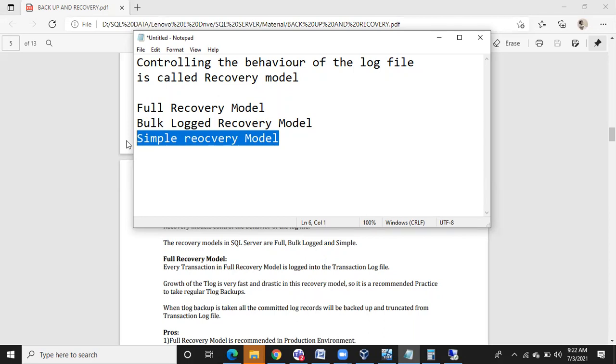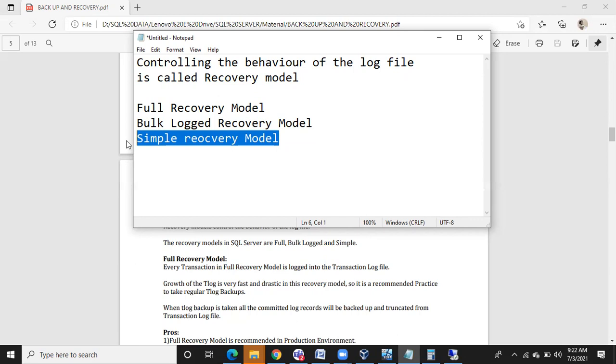Earlier we discussed the architecture of the log file. The log file will try to store each and every transaction with complete details: 108 attributes for each transaction. That's why the log file is usually huge while inserting transactions or doing any kind of work on the database. For every transaction it stores 108 attributes, like when it came, at what time, what the command is, what attributes it will execute, the LSN number, the date stamp, the time stamp, the previous LSN, and the current LSN. Almost all 108 attributes are stored for each transaction.